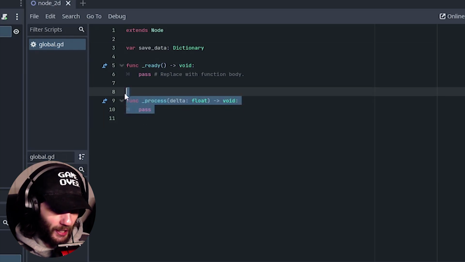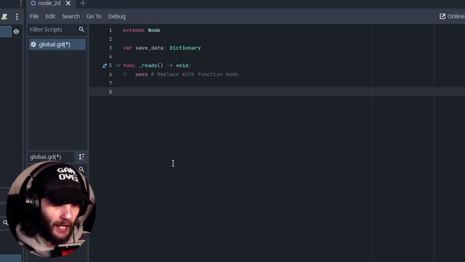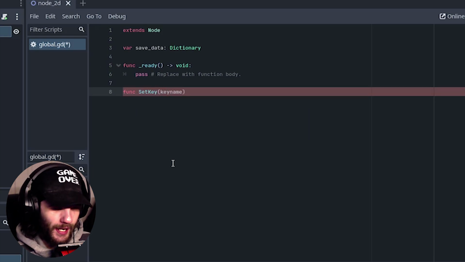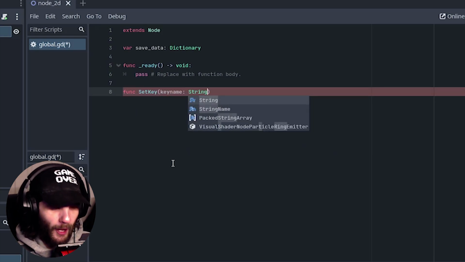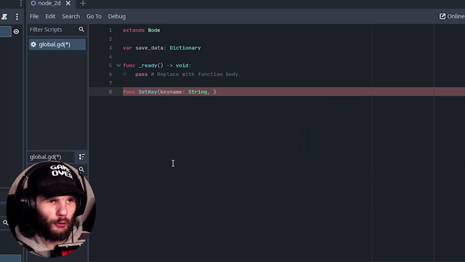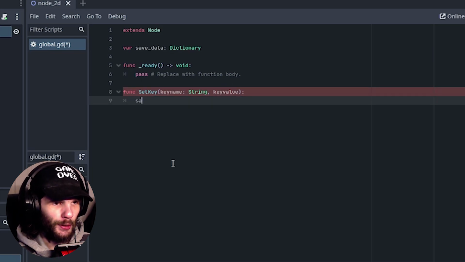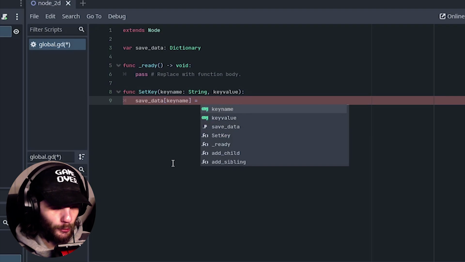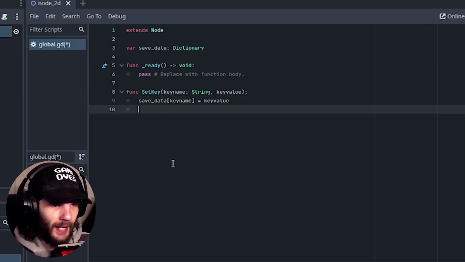So now, let's get rid of this function, we don't need it, and let's create a function called setKey, and inside of this function, we're going to take a key name and give it a string variable type, and we're also going to do a key value, but you're not going to need a value type for that. So now let's do save data, and square brackets and type in key name is equal to key value. And now let's do var file is equal to file